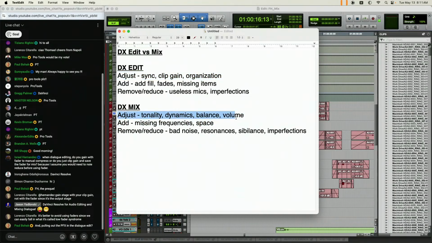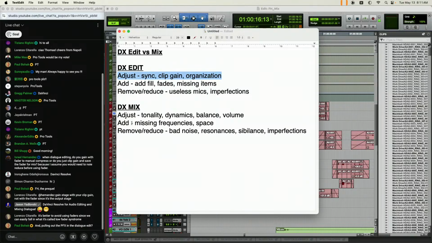Let's just flip over to a dialogue mix. What are we adjusting? Yeah, Paul, that's correct. Pulling the PFX out in the dialogue edit is part of organization. Some mixers do not like that. They want the PFX left and leave that for the M&E guy or gal, but I like to pull them out, especially big loud ones, because they're going to hit a compressor and do some bad stuff. So put them on the PFX. So that's what we adjust for the dialogue edit.